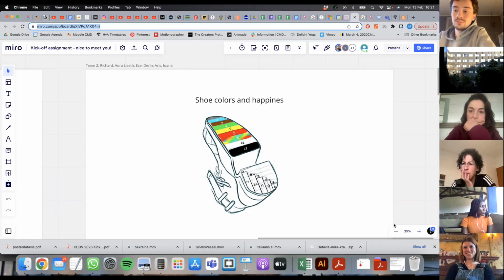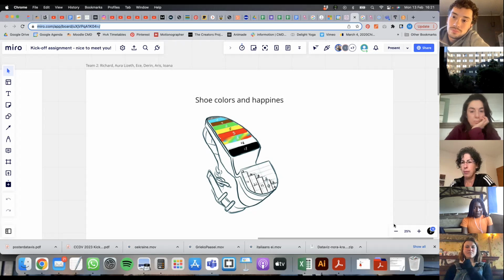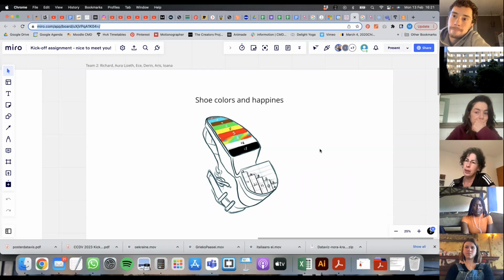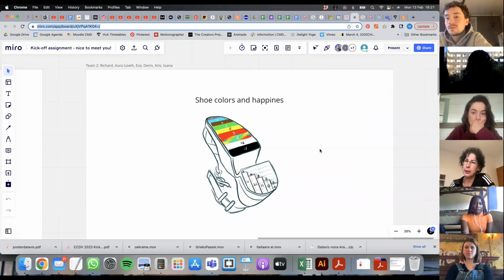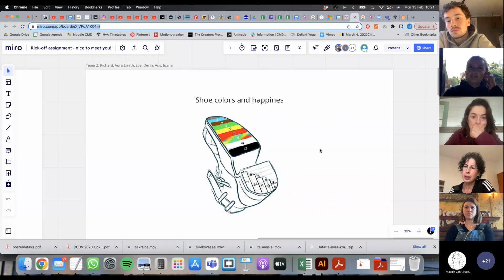We brainstormed about what data we liked, and we liked working with the colors of the shoe everybody picked. We also found it interesting to see what rating of the day they gave that day. So we tried to combine those on one shoe. We're still a bit sketchy, so we're in the sketching phase, but this is what turned out.